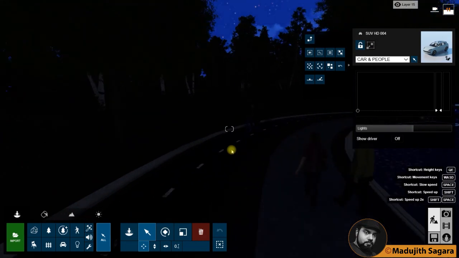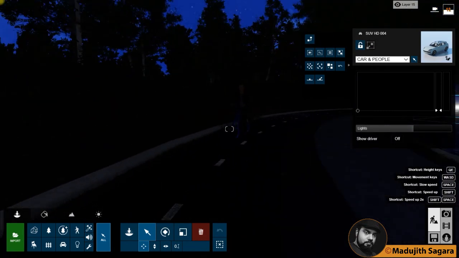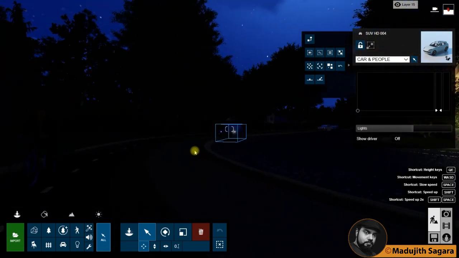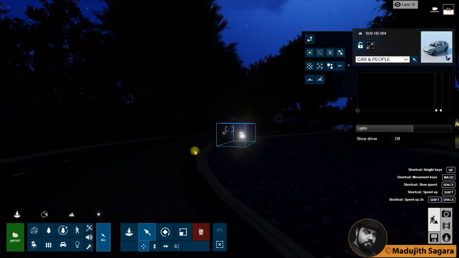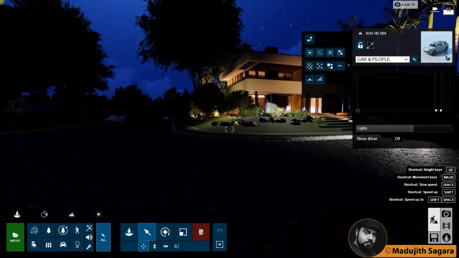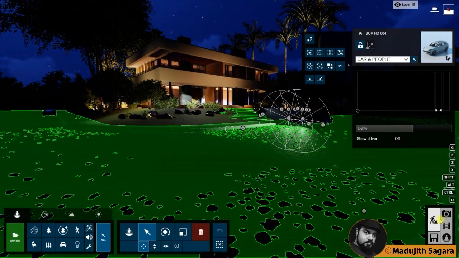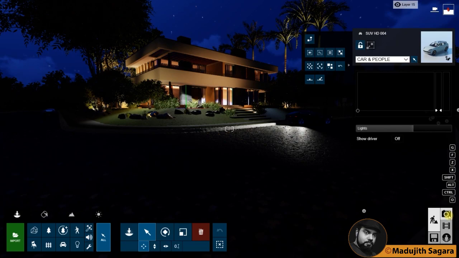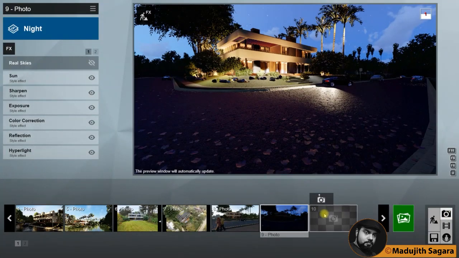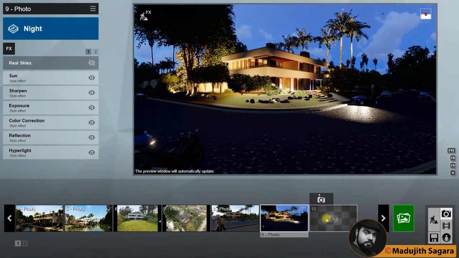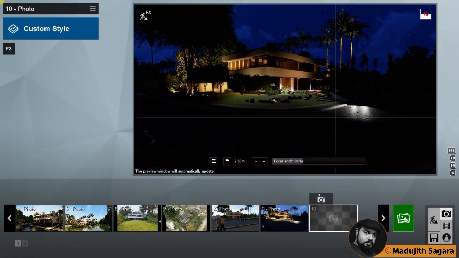I will go to a good position. Then I will go to the photo mode. Then it is here.